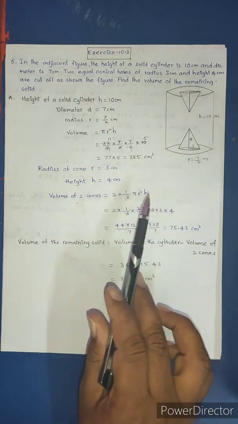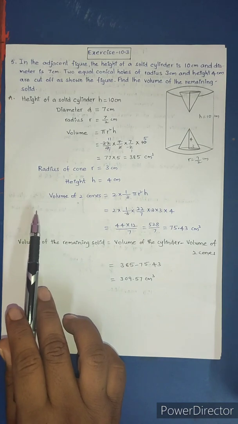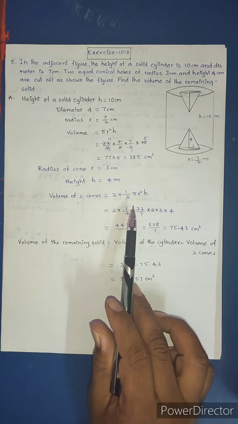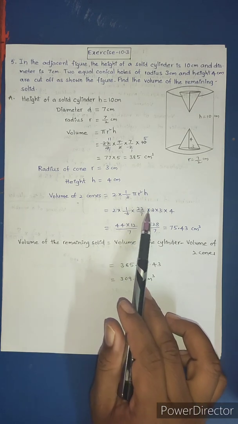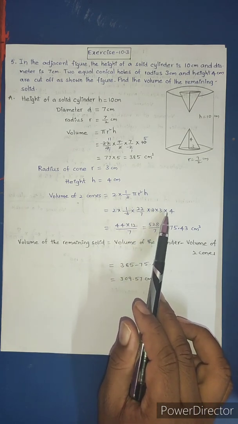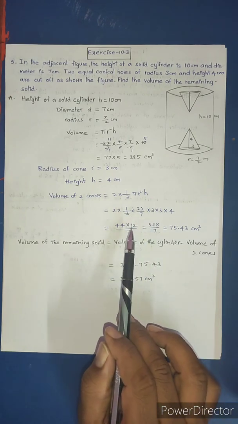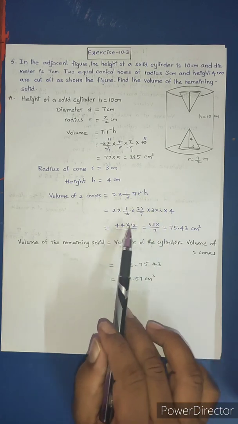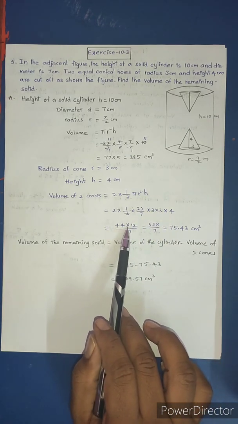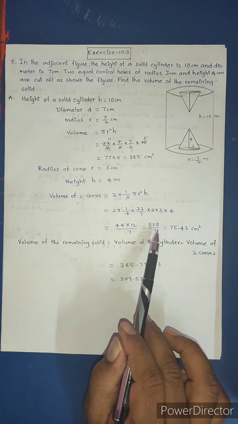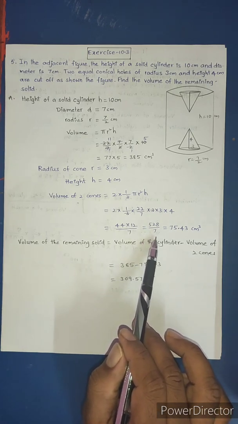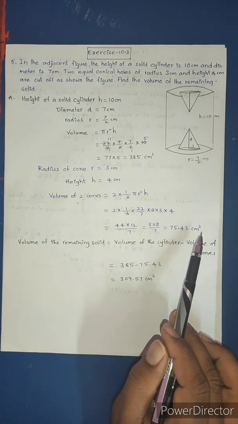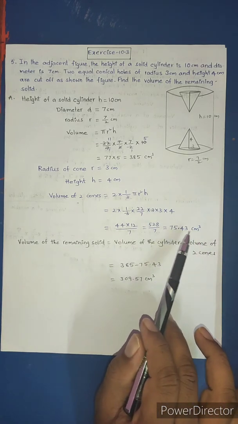Now radius of a cone r is equal to 3 centimeter, height of the cone 4 centimeter. There are 2 cones, so volume of 2 cones is equal to 2 into 1/3 pi r square h. 2 into 1/3 into pi value 22/7 into r value 3, so r square is 3 into 3, h value 4. 3 3 get cancelled. 2 2s are 4, 22 2s are 44, 3 4s are 12, over 7. 44 and 12 product is 528. Then remaining denominator is 7. With simplification of these two numbers we get 75.43 centimeter cube, the volume of these two cones.